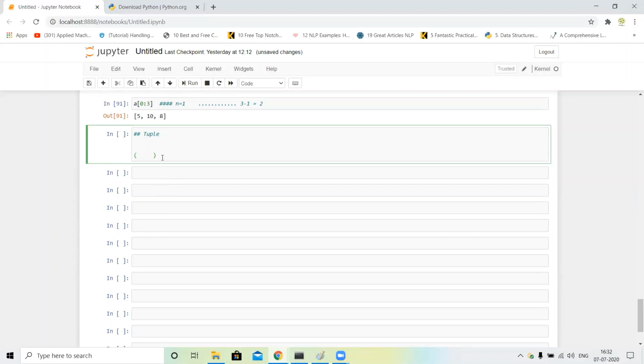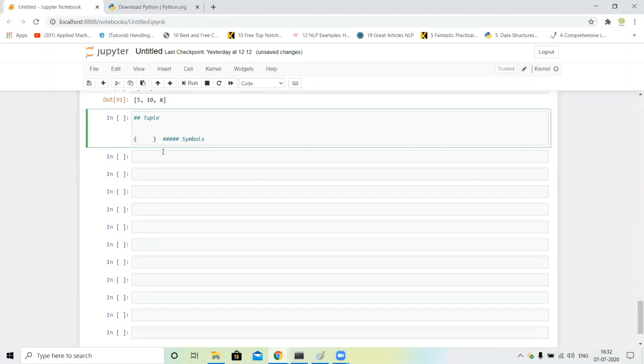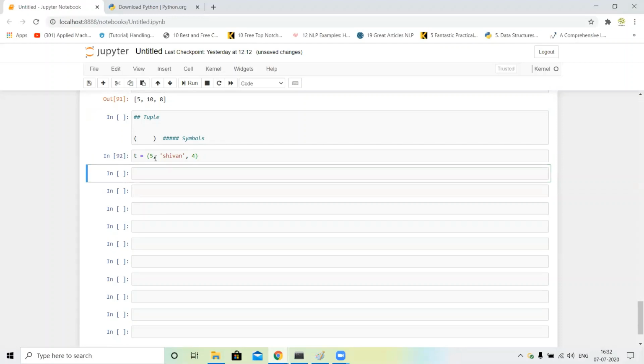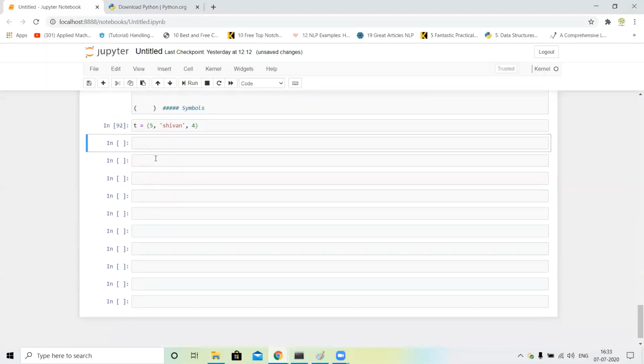It's defined like this. So I just write some code. T is equal to parentheses 5 and I write my name C1 and next for integer. I just run this cell and we can use the slicing operator.